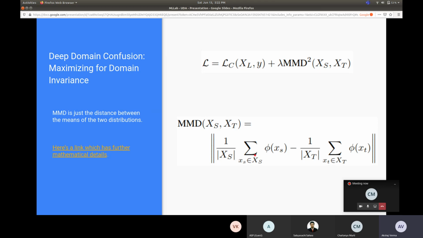Maximum mean discrepancy is just a way to calculate the distance between two distributions. No, that's fine. I mean, that's clear. The formula is very clear over here. No, I was just curious about how